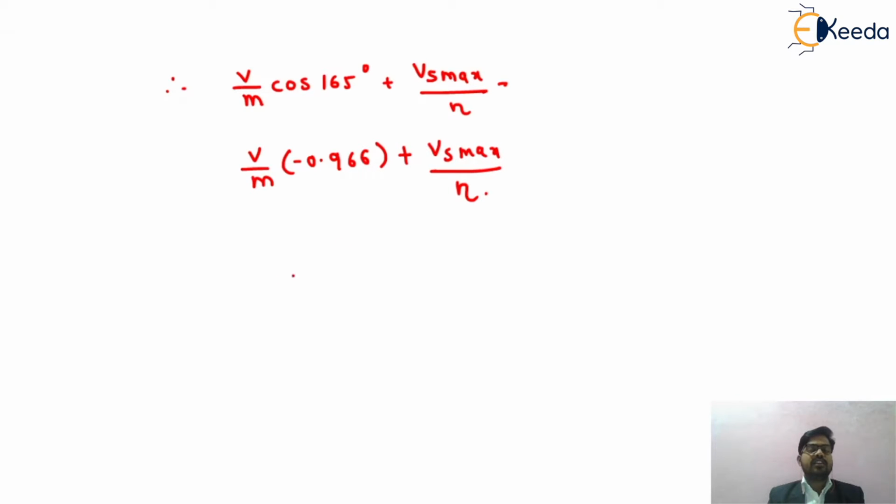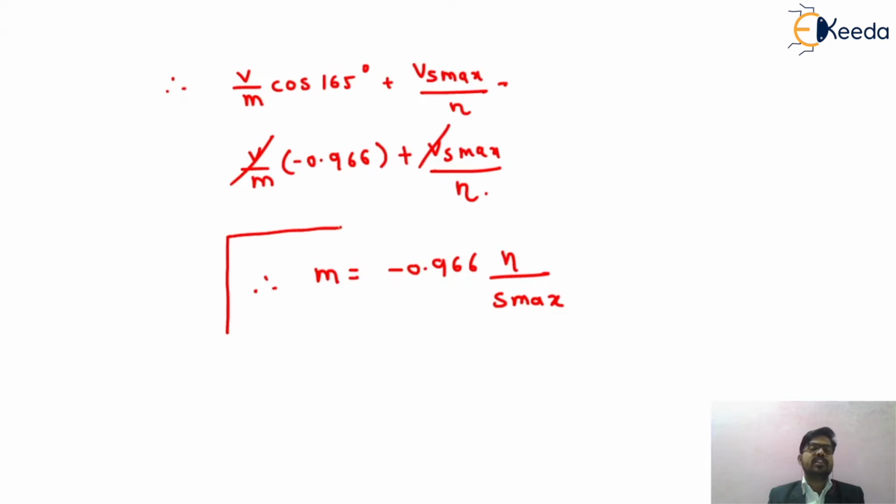So we are getting the equation in concern with the transformer's turns ratio, that is m is equal to minus 0.966 into n divided by s max, because in that particular equation this V and this V get cancelled, and we are getting the equation of the stator to rotor turns ratio and the transformer turns ratio with respect to s max. So we are getting one important equation, because in concern with the university examination, one question is basically asked to you for 5 to 10 marks,